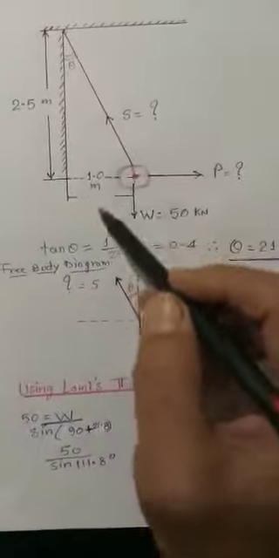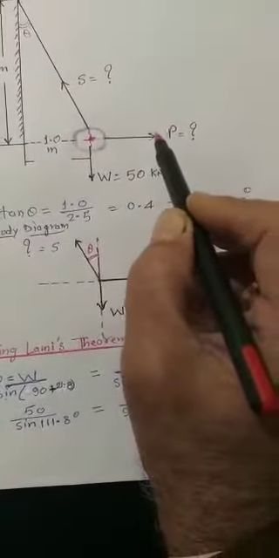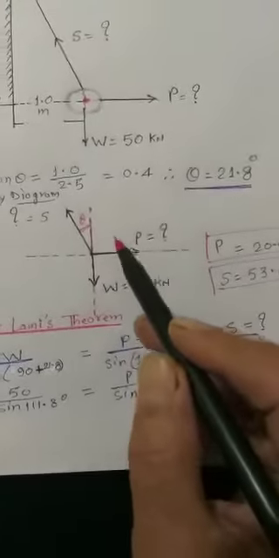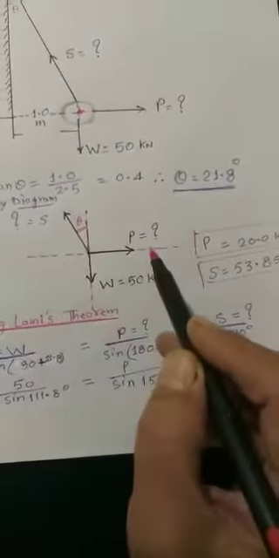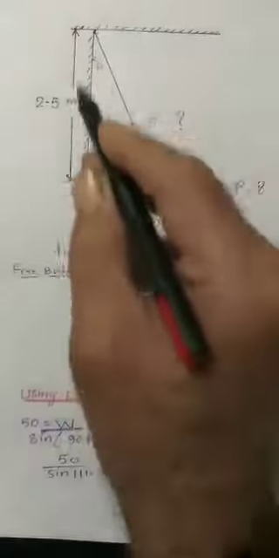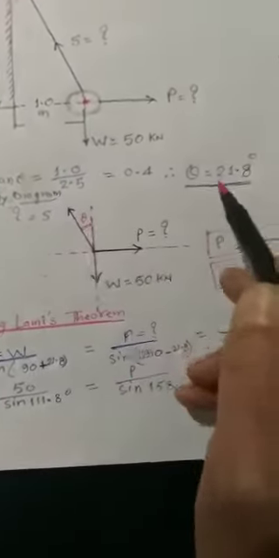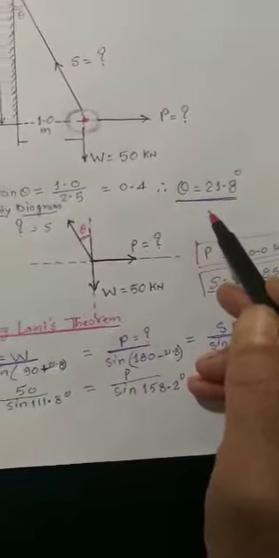Again, I am drawing a free body diagram for this joint having three forces simultaneously acting on a body: one horizontal pull, the other the weight of the body, and the tension in the rope coming in. Now, you can see this angle. If you draw a vertical imaginary line and a horizontal line, you can find its angle. So 1 upon 2.5 will give the tan of theta. It comes out to be 0.5, so theta comes out to be 21.8 degrees.